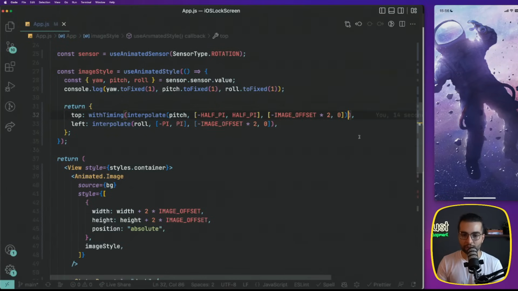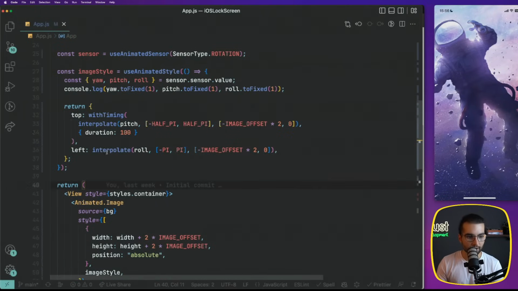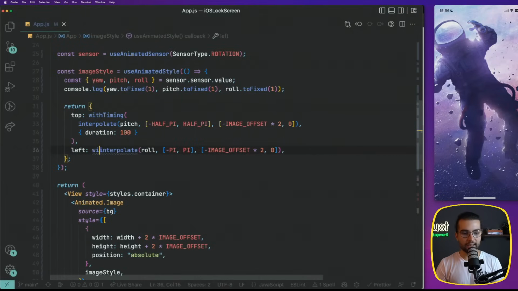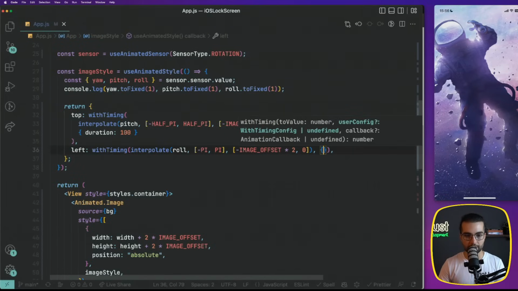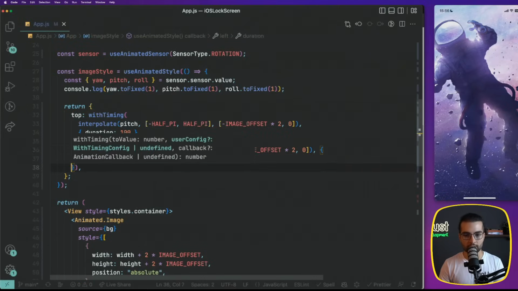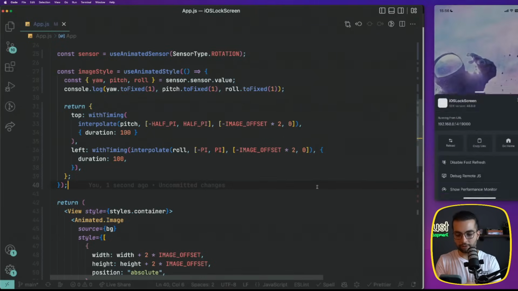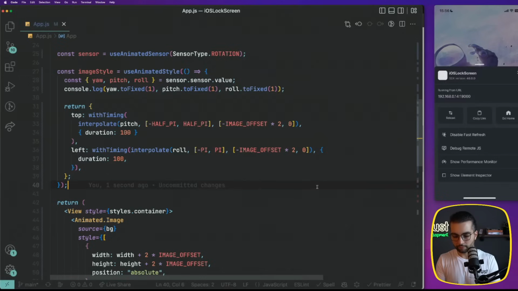And by default, the time is 300 milliseconds, but for us, that's too much. So we can adjust it here in the configurations, and we're gonna use a duration of only 100 milliseconds. And let's do the same for the second interpolation with timing, and the configuration here, duration is 100, just like that. And now if I'm gonna reload my application,